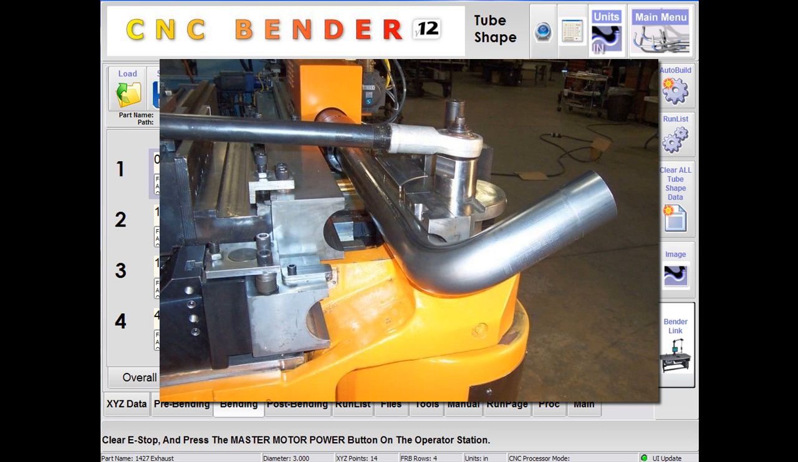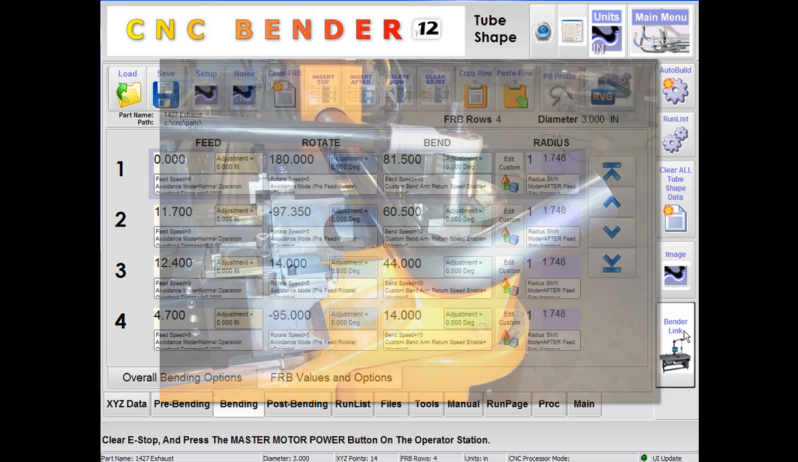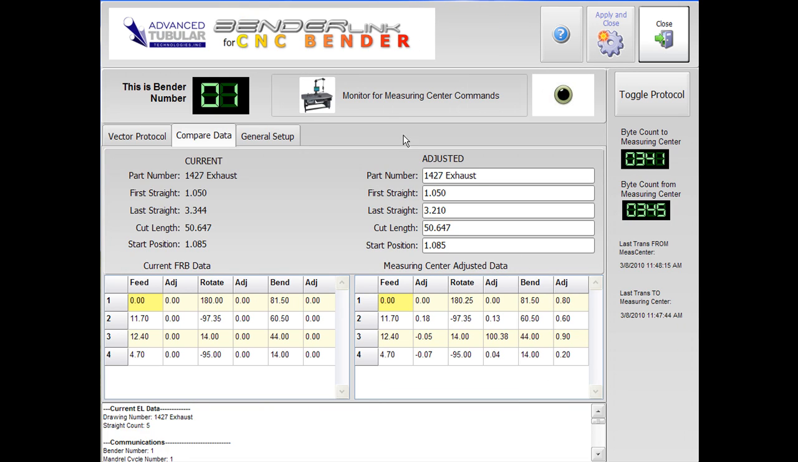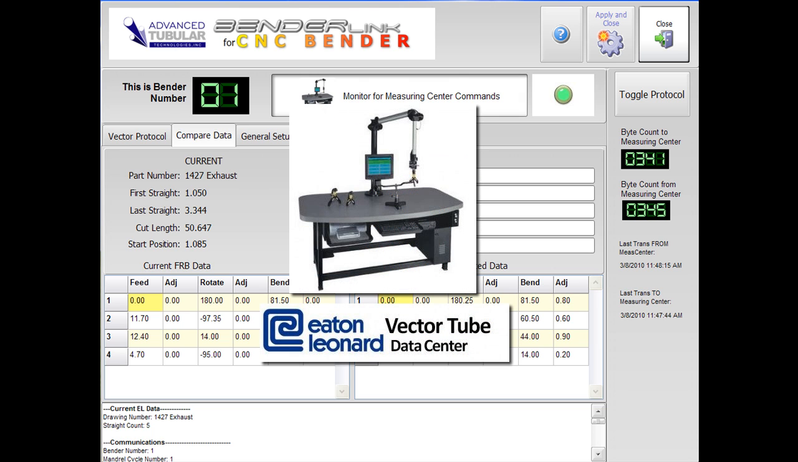We use this data to bend the first part. Before taking the part to the measuring center, we open the Benderlink menu and activate the Monitor for Measuring Center commands. Next, we take the part over to the measuring center. We measure the part. We determine from the measurement results if the part fits within the tube shape tolerance set